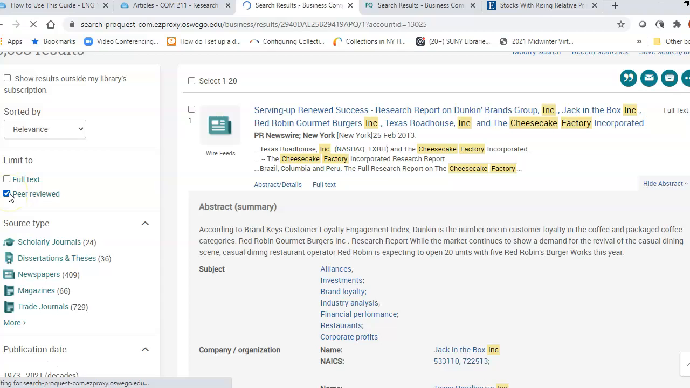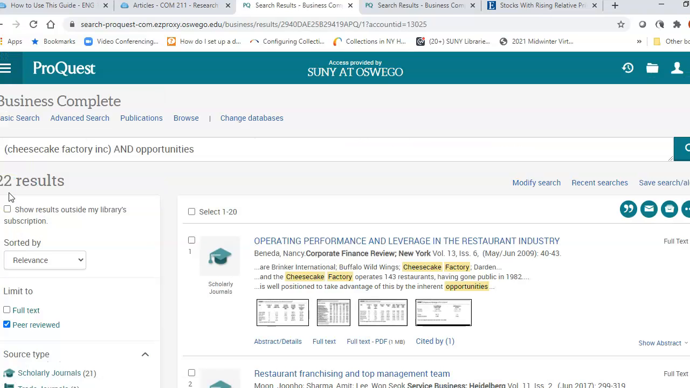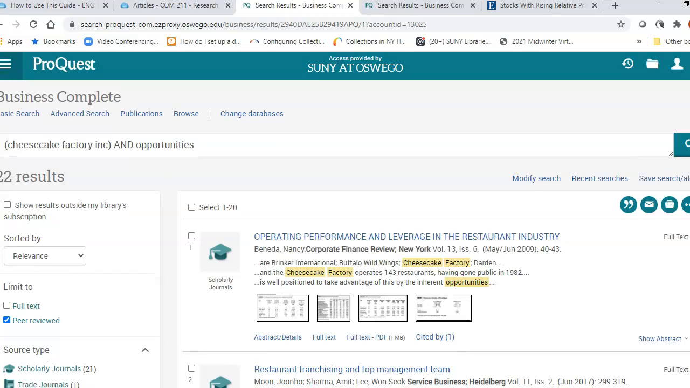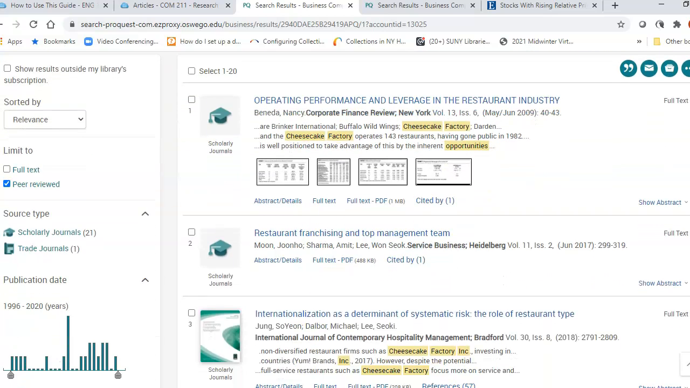So if I click that link, it is going to reduce the results from over 6,000 down to 22. So there are only 22 articles from peer-reviewed sources. Peer-reviewed sources means that someone who is like one of your faculty members or someone who is teaching in this area or has expertise has written an article, and other people who are also peers or people in that group who know a great deal about the area of business in this particular case would be the ones that are